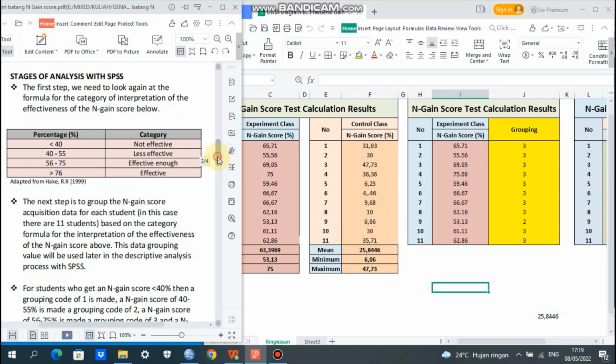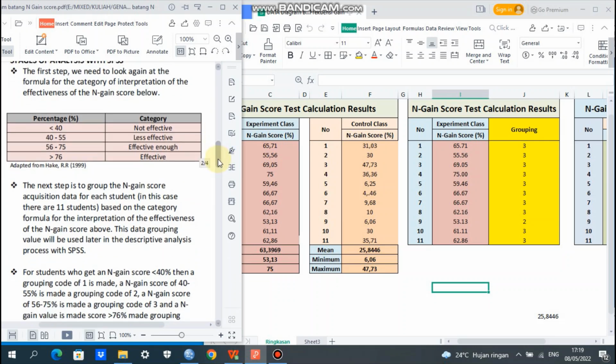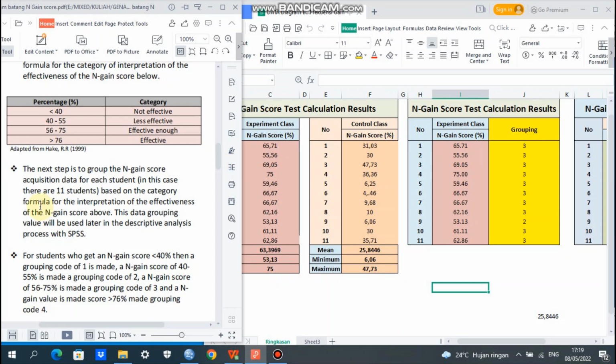The next step is to group the n-gain score acquisition data for each student. In this case, there are 11 students. Based on the category formula for the interpretation of the effectiveness of the n-gain score above, this data grouping value will be used later in the descriptive analysis process with SPSS.